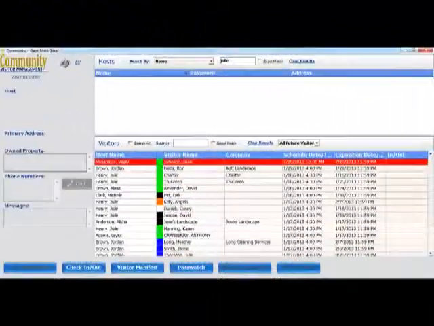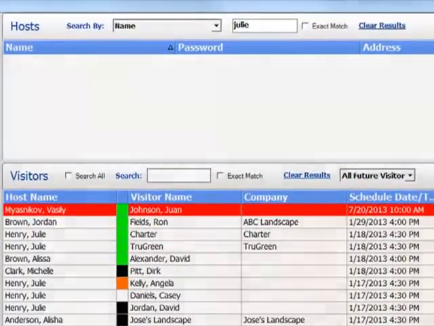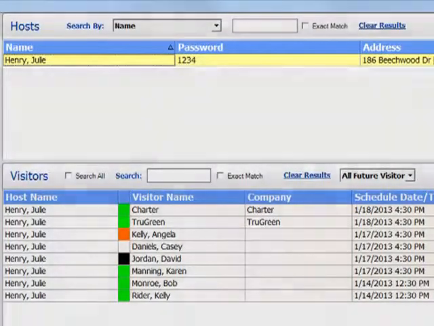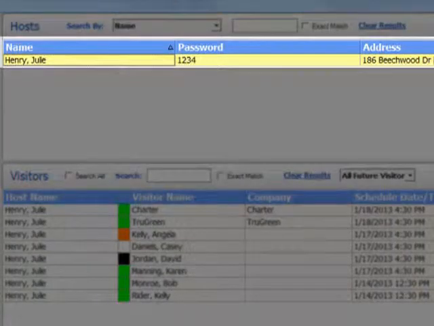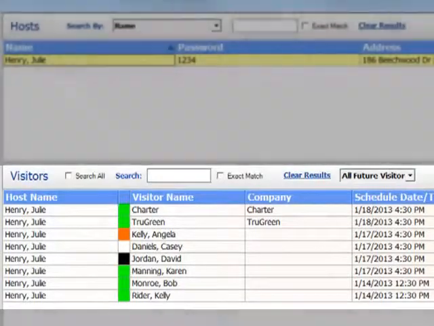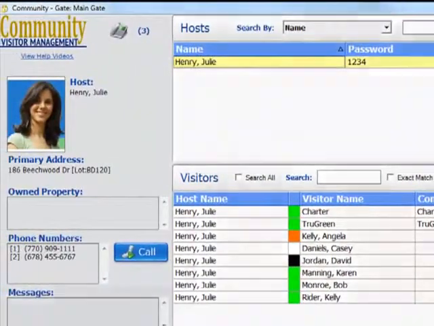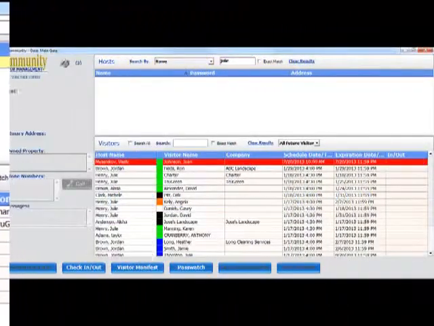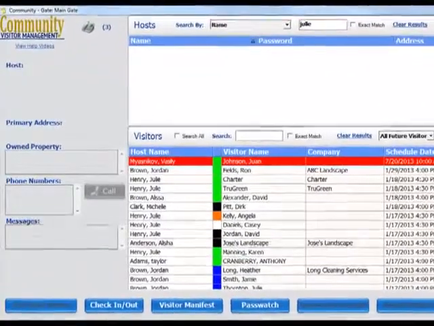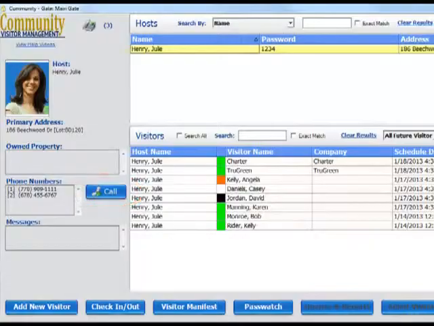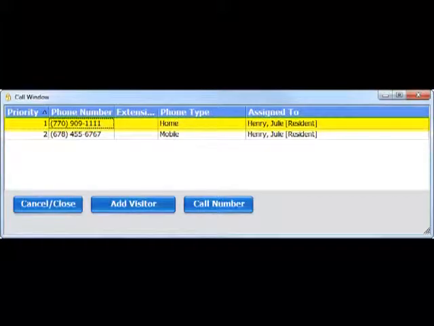Security also has the ability to look up information about a specific resident. Typing the first few letters of their name or initials of their first and last name quickly narrows the search for the resident. And once the resident is selected, all of the visitor data shows up in the lower section. If a resident has entered or called in a specific visitor, their information appears here, and their personal information appears on the left-hand side. The program also provides security personnel with a quick lookup function to call residents for unannounced visitors. Simply search for the resident's name, click Call Resident, select your number, and the computer does the rest.